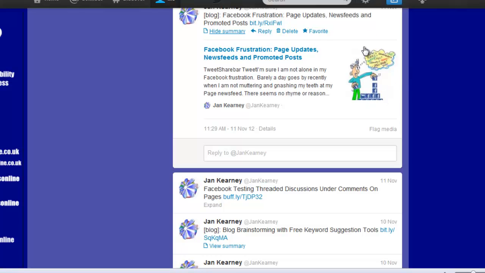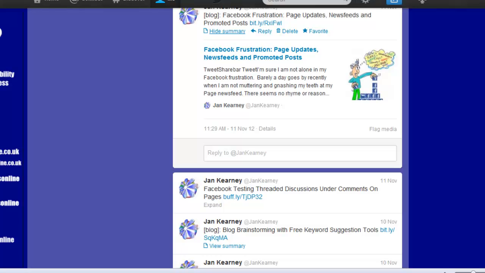It shows the Open Graph defined image and also a link back to me. So if this gets retweeted for whatever reason and they don't put an @Jan-Kearney, they don't reveal where they've sourced it from, this summary actually goes with it. So it's really quite handy, as well as giving you more information about what the link is. And that's on Twitter. It's called Twitter Cards.